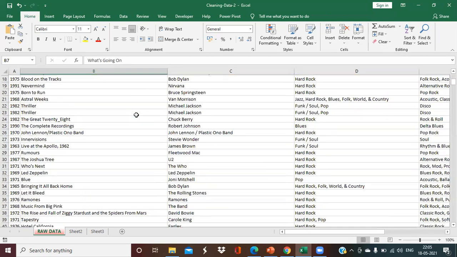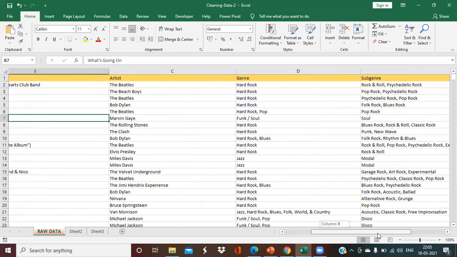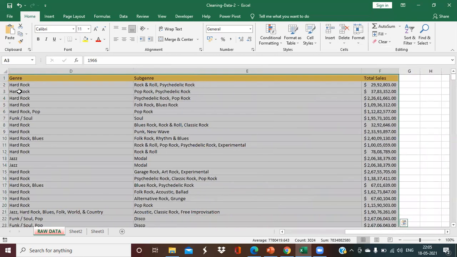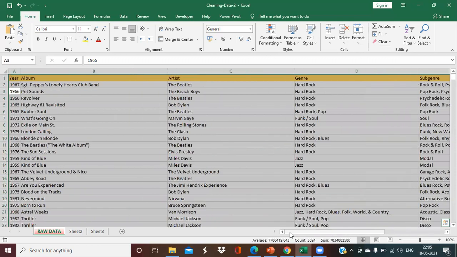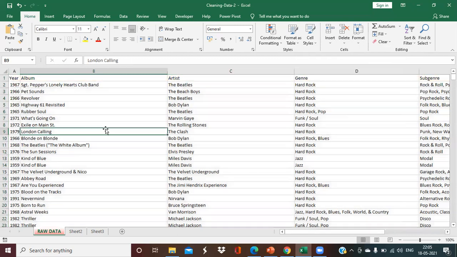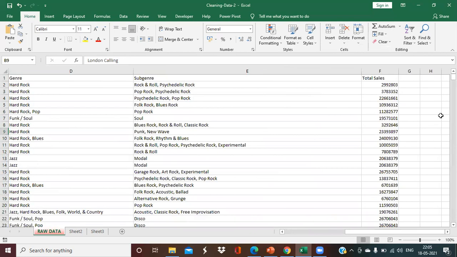So now we are done with the problem of blank rows. We don't have any blank rows in our data set. That's wonderful. Now I can simply press Control A. I want to clear all the formatting which is on my table. So just click on Clear. Don't Clear All, otherwise it will clear all the content as well. Clear Formats will clear all the formatting applied onto the cells. So everything is now a simple data set, with no formatting applied. You can see here it has cleared the dollar sign as well.